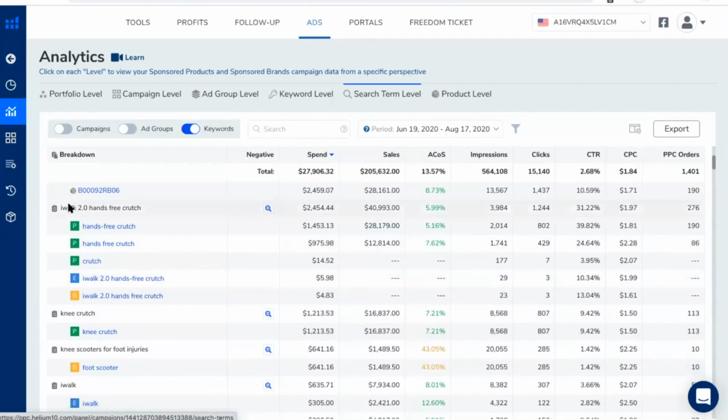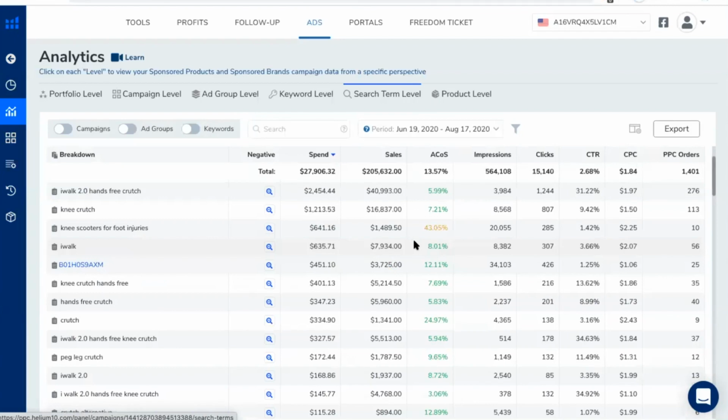You can see here that this is the search term, iWalk 2.0 hands-free crutch, but all of these keywords here are being associated with this particular search term. So it really gives you an idea of what campaigns, which keywords are spending what amount of money for each of these search terms, which is invaluable to get that kind of visibility into the search terms performance.